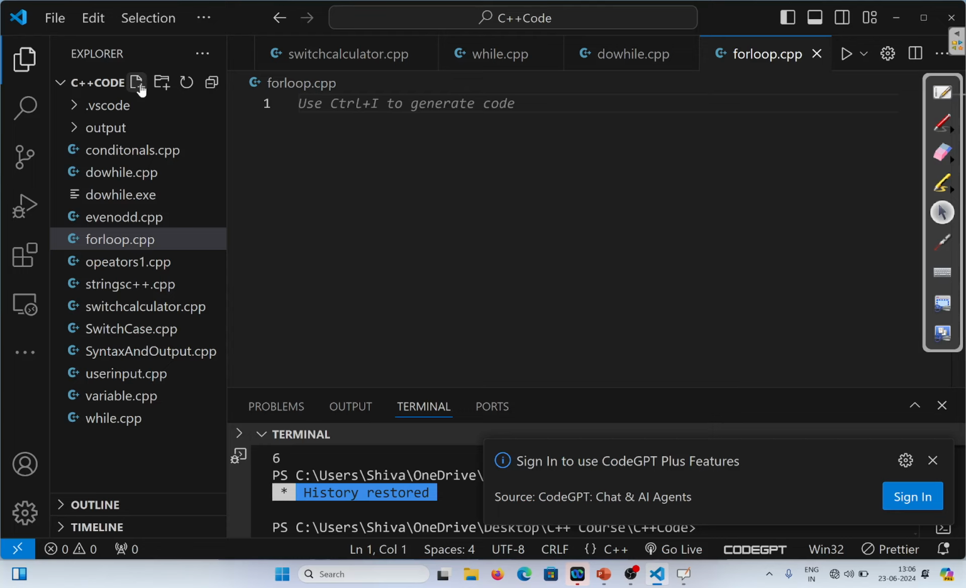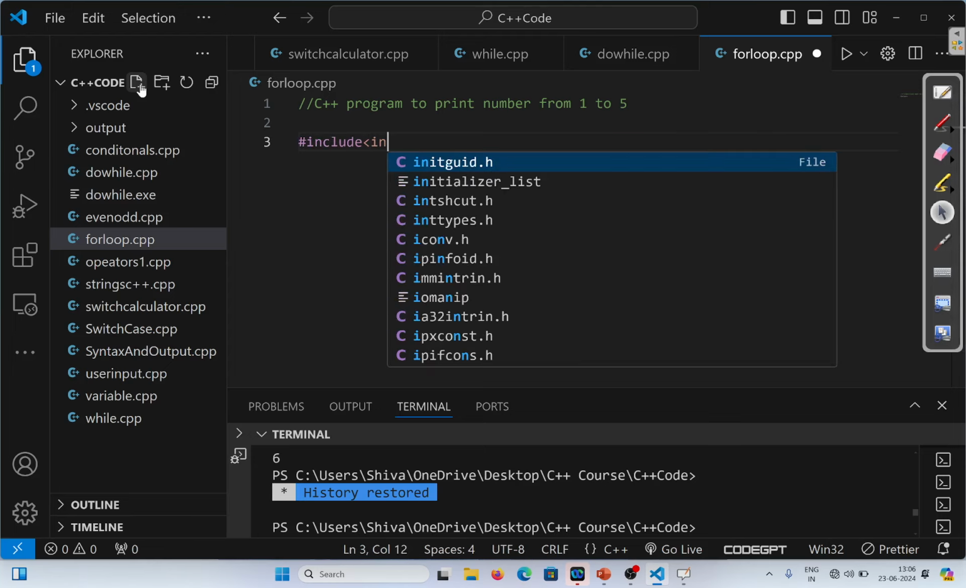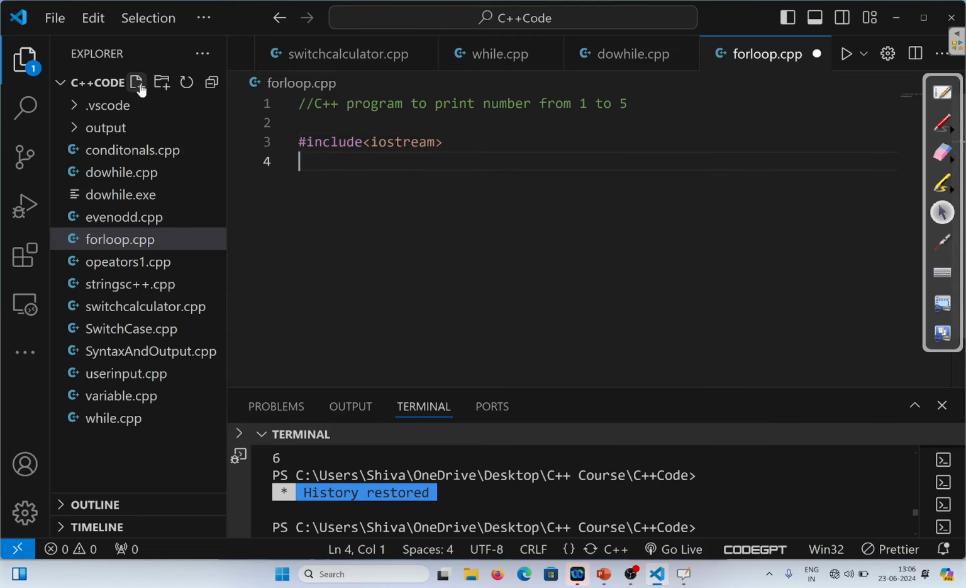Here we are going to create a C++ program to print numbers from 1 to 5. So let's include the header file iostream, then using namespace std,